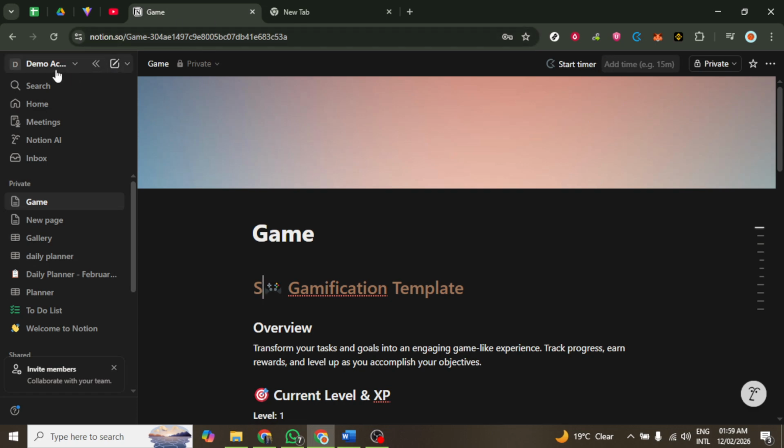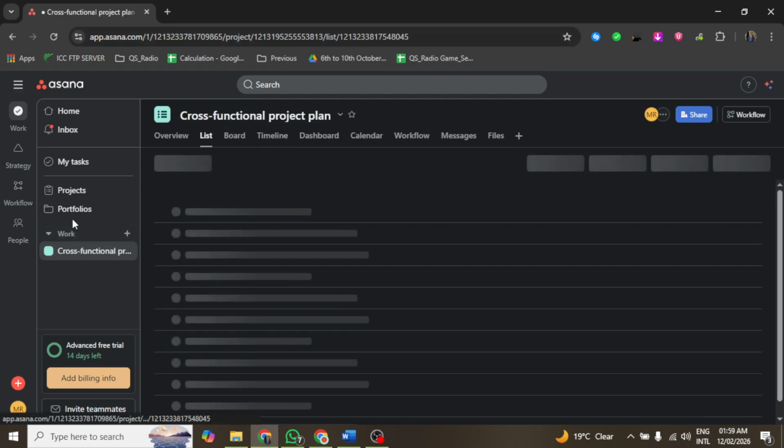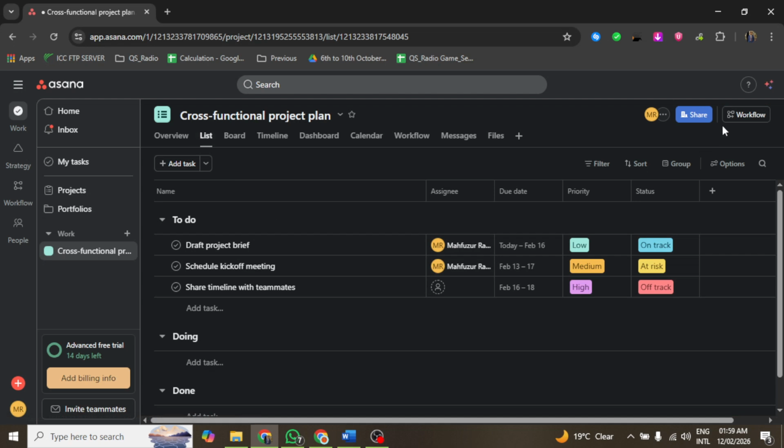Begin by navigating to the Notion website and signing into your account. If you do not have an account, you will need to create one. Once logged in, either create a new database or open an existing one that you wish to use for this